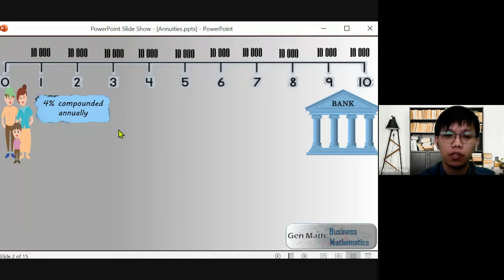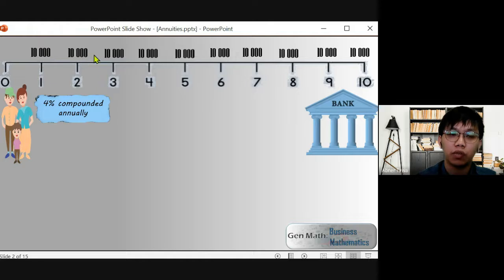And now the question is how much money they are going to have or they can withdraw at the end of 10 years or by 10 years. Magkano yung pera na mawi-withdraw or how much is the total money na na-save na nila after 10 years. At yun yung amount na kanilang withdraw. Okay? So to answer that question, we need to determine the future value of each 10,000 payment. Magkano yung future value ng 10,000 at the end of this time, after 10 years.